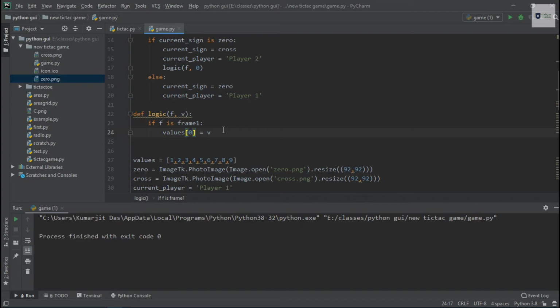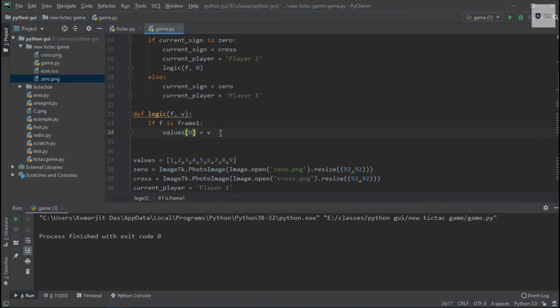If f is 3, then we will put the value v in the index 2, and so on. And like this we are checking that 3 different adjacent frames are holding the same value or not. If they hold the same value, then one of the 2 players will win.